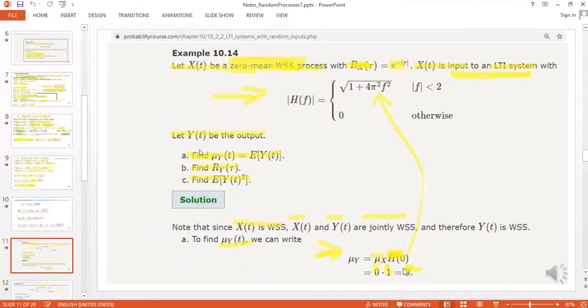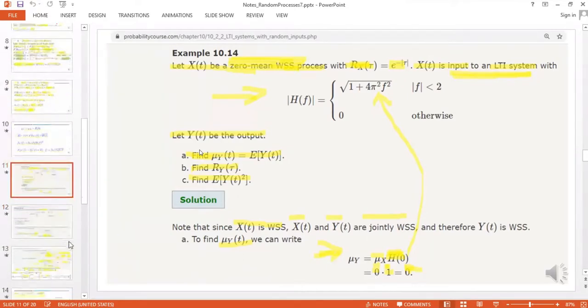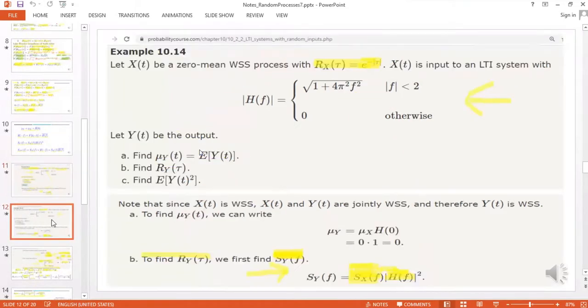So 0 into 1, you finally get 0 as the mean of the output yt. Now the second question is we have to calculate Ry(tau). So Ry(tau) is actually the autocorrelation function of output yt, and since yt is